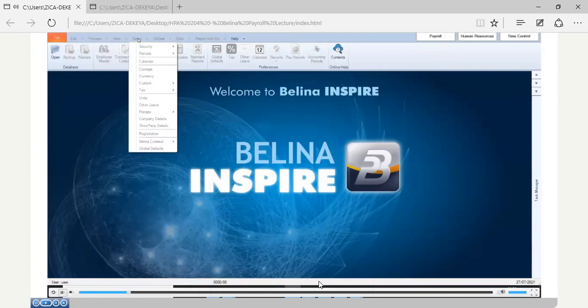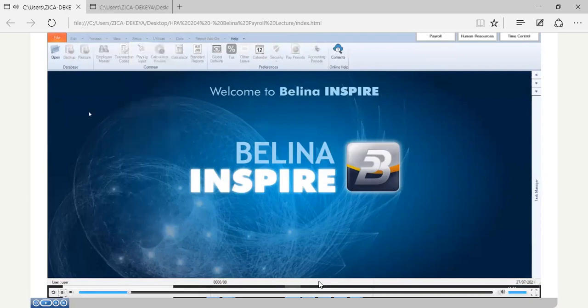However, the correct sequence for this data capturing process is that you go to file and you create a new payroll. After that, you go to edit, you set up your organizational structure, and then from your organizational structure, you go to setup, you set up your tax and your company details. After you set up your company details, you come back to edit, whereupon you set up your employee master and your transaction